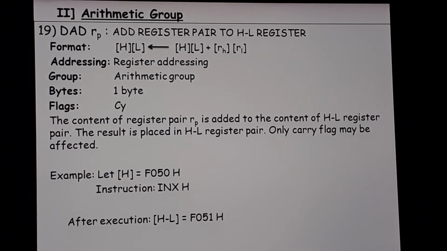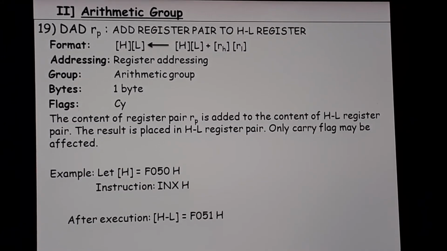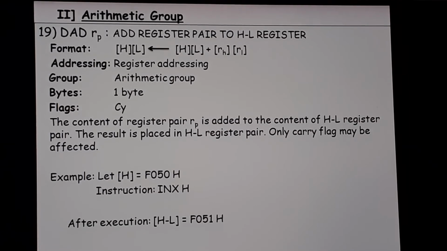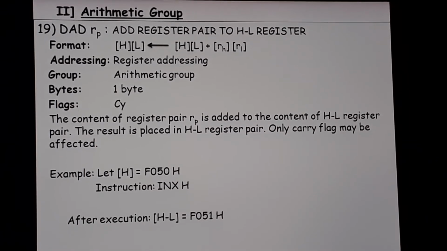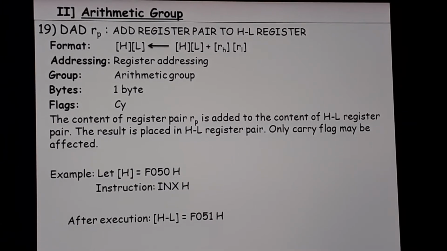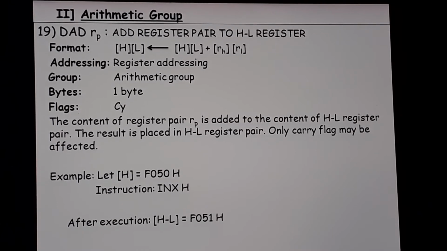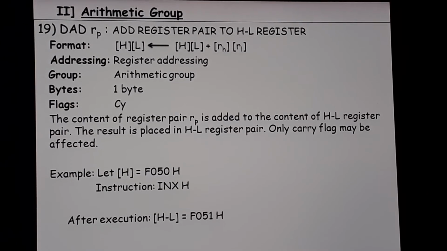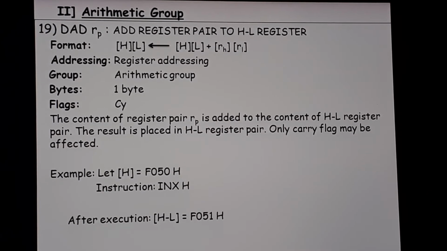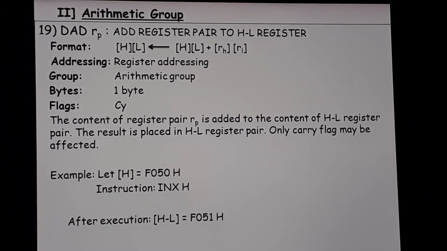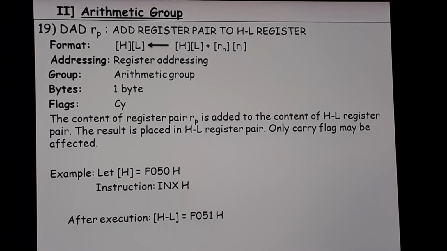Okay, it is very simple. You can try it on your own. If you have any doubt, you can WhatsApp me. So the HL pair content you will assume first in 16-bit, then you will write it as 8-bit, and the RP you can take either as BC pair or DE pair. Then you will assume it as 16-bit data and then as 8-bit data. Both the additions you will show in binary, and the result of the binary addition which comes in decimal you will write in the HL register pair, as after execution whatever the HL register pair got changed to. That is very simple. You only need to remember the full form and the format, that's it.